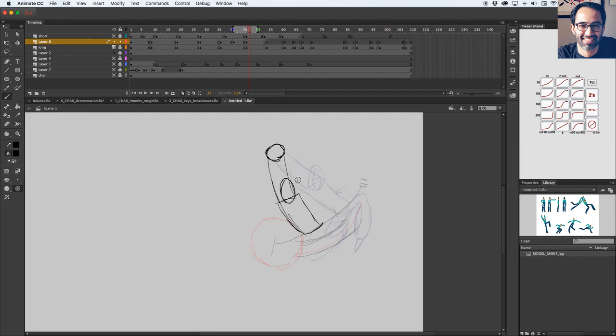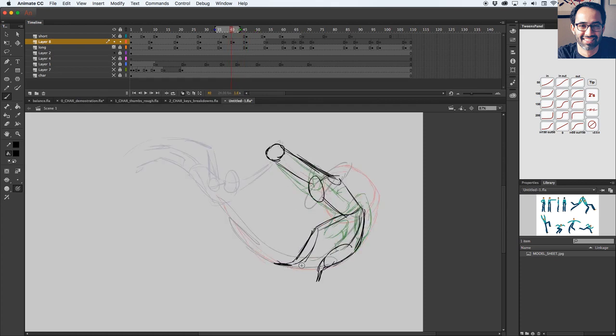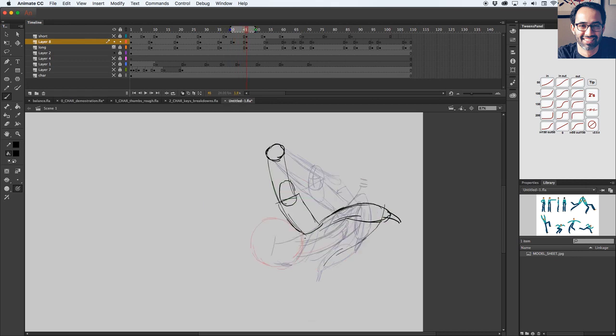Then when the character is completely falling, or not falling but like swinging, that's when my leg can complete that S curve. So here and here and then here and then this one. So that foot was here, and then it's here, and then it's gonna be around here,